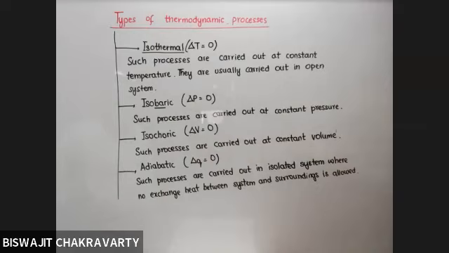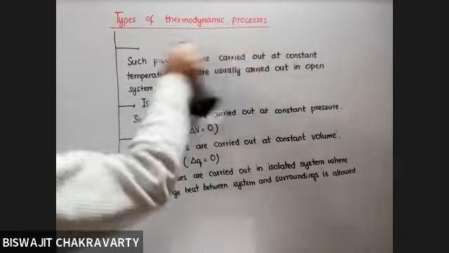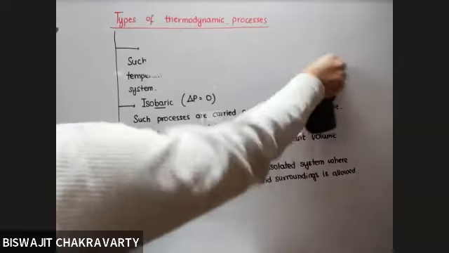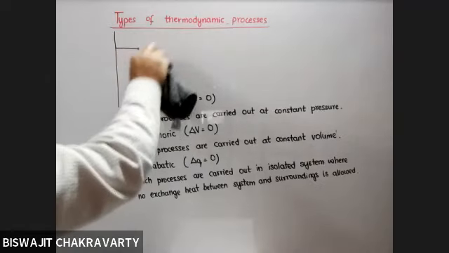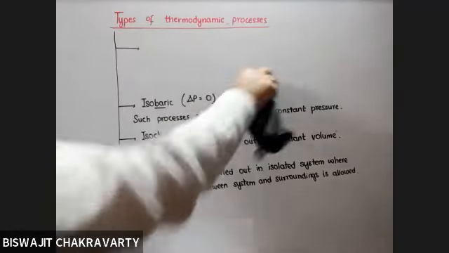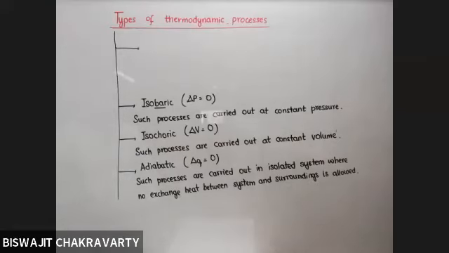Isothermal, isobaric, and isochoric are not very difficult to understand. Adiabatic, what you need to make constant is important. So in adiabatic, heat exchange is not allowed, but temperature may change. Now you might ask me that if heat is not exchanged, how can the temperature change? Because the heat may be utilized in the reaction going inside. It may be endothermic, it may be exothermic. If it is endothermic, heat will be absorbed and temperature will drop down. If it is exothermic, heat will be released, because it is not allowed to go out of the system, and therefore there may be change in the temperature within the system.